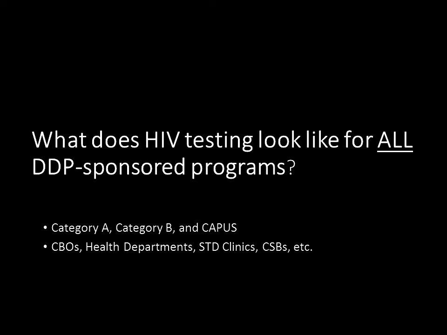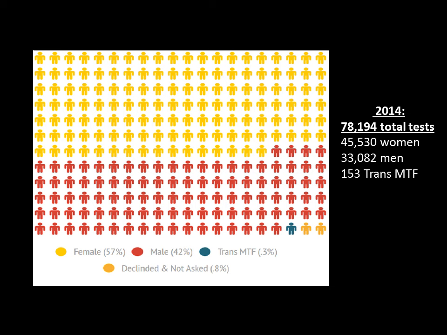So then the next question was, well, what does HIV testing look like for all of Virginia's sponsored programs? So this includes our Category A, our Category B, as well as our CAPAS testing. And this is testing at CBOs, health departments, STD clinics, CSBs, so really all of our testing sites. So in 2014, we've done a little over 78,000 total tests, and of those tests, 57% were female and 42% were male, and